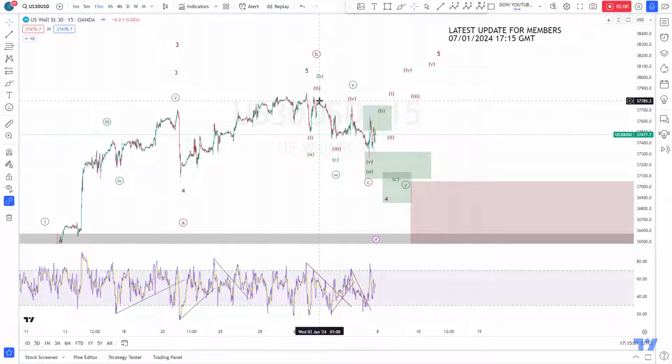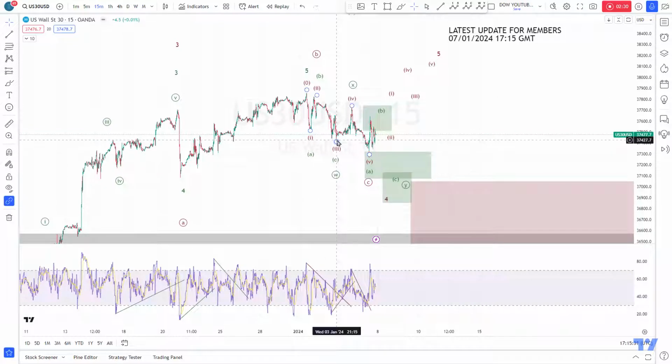And therefore, especially if we take out the low right here, then there is no doubt anymore, then we do not have an impulse, because then we have more than 5 waves. And I believe this might actually happen. So then we have wave W, wave X, and wave Y down,